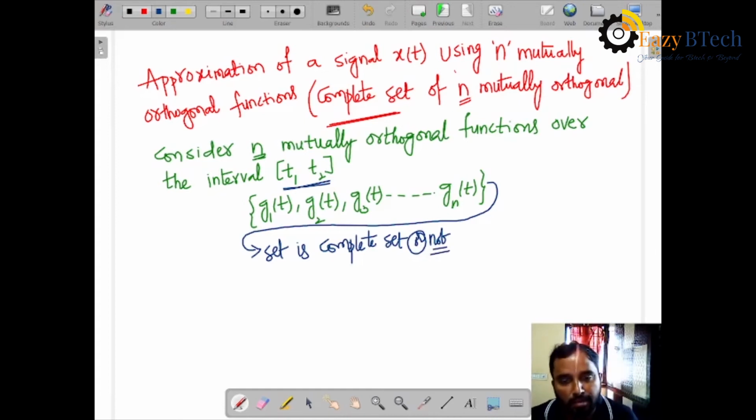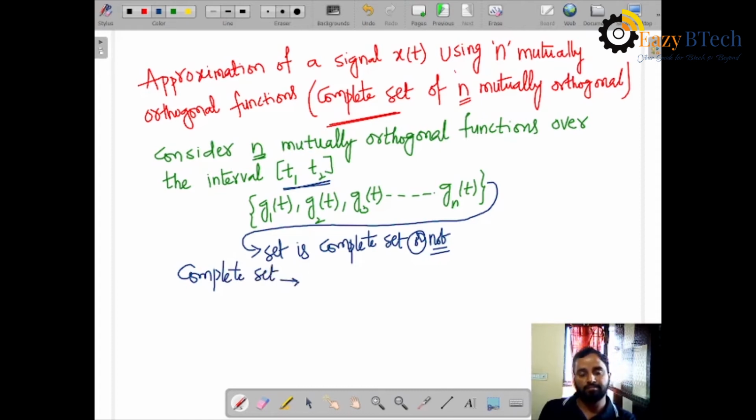This n number of mutually orthogonal functions we have. Is this set a complete set or not? So how can you say this is a complete set or an incomplete set? So complete set means, I am writing now,